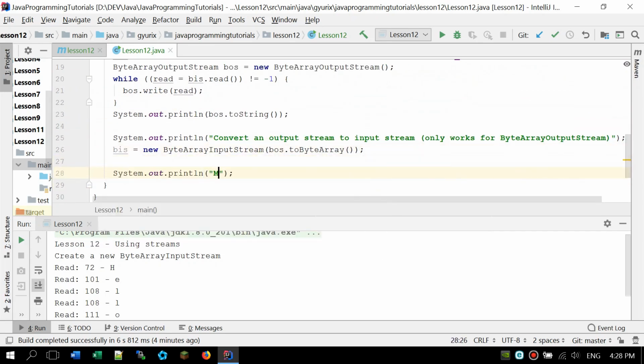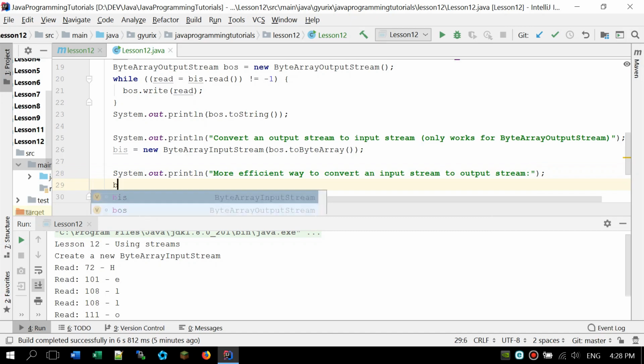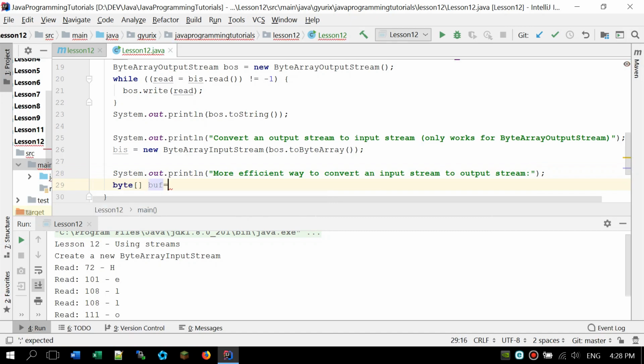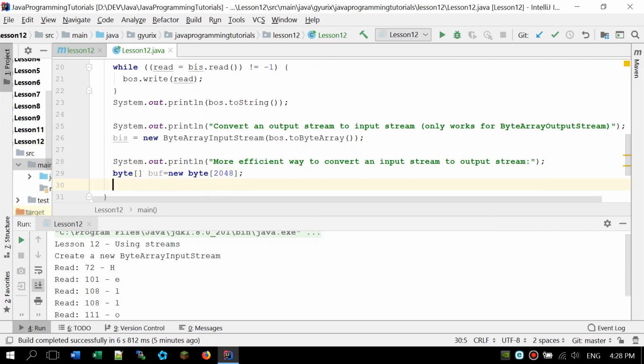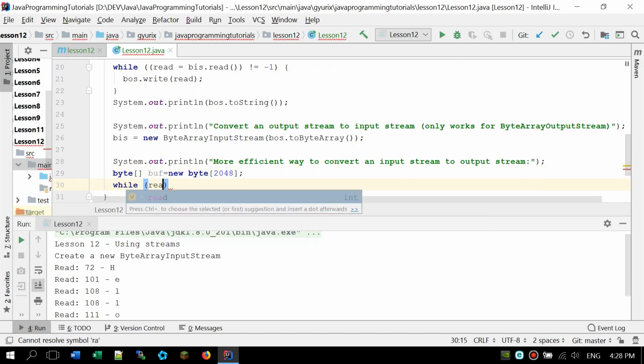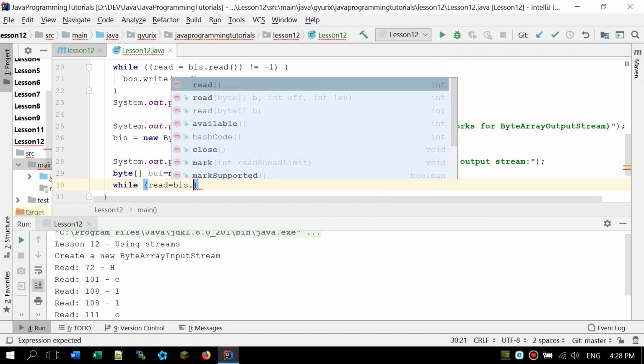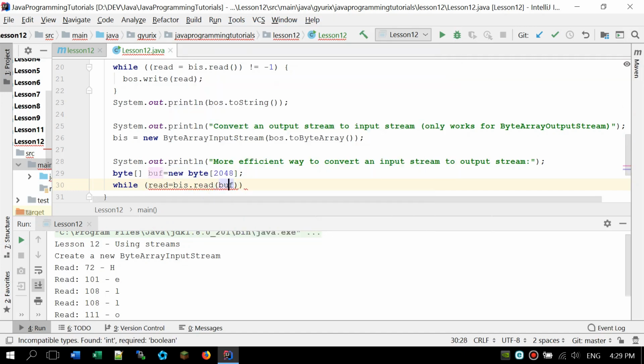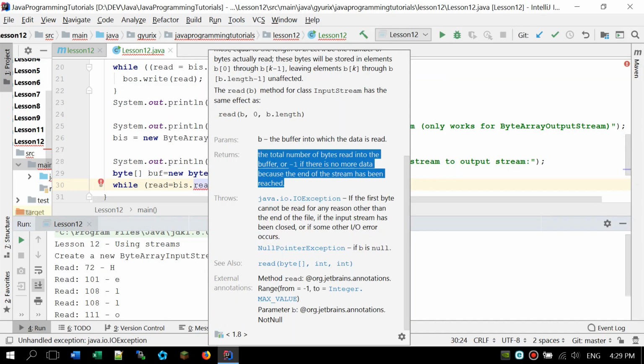Based on this code, you can think that this approach might be ineffective if we have large files, because we don't really want to read the file byte by byte. So I am going to show you a more efficient approach for converting an input stream to an output stream, and for that we are going to use a buffer, which will be a byte array. As you can see in the byte array input stream's read method documentation, which you can get by pressing Ctrl and Q,